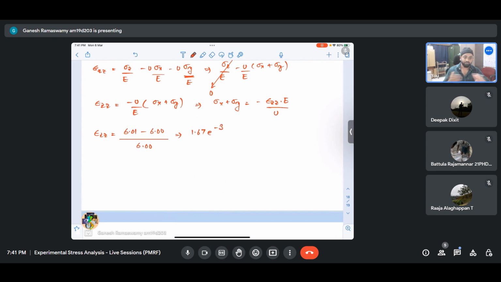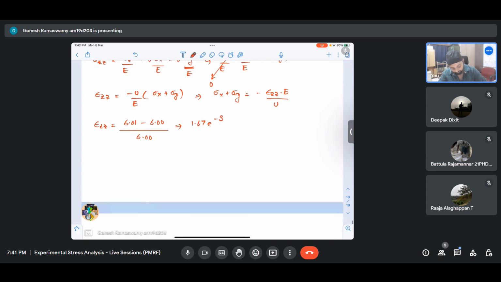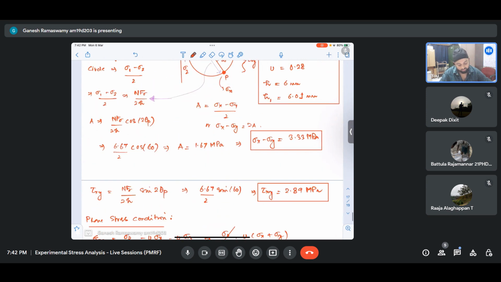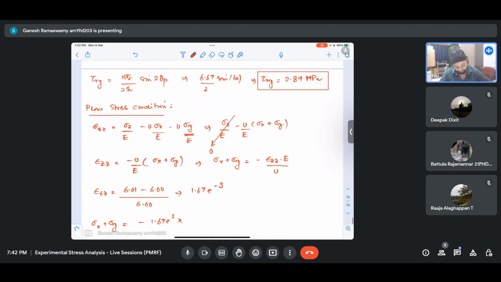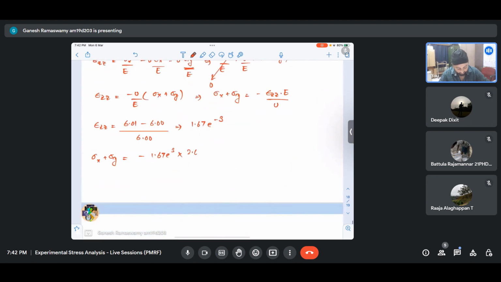That is mm per mm, so to speak. In which case I can see that sigma x plus sigma y is nothing but 1.67 E minus 3 into E. What was E given to be? 2.6 GPa it is given. So it is nothing but 2.6 E3 MPa